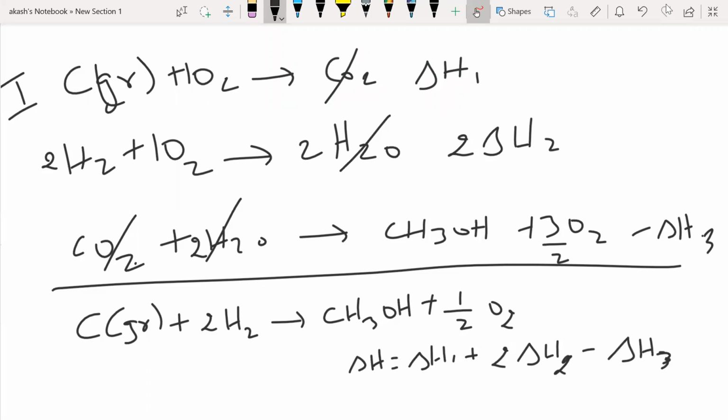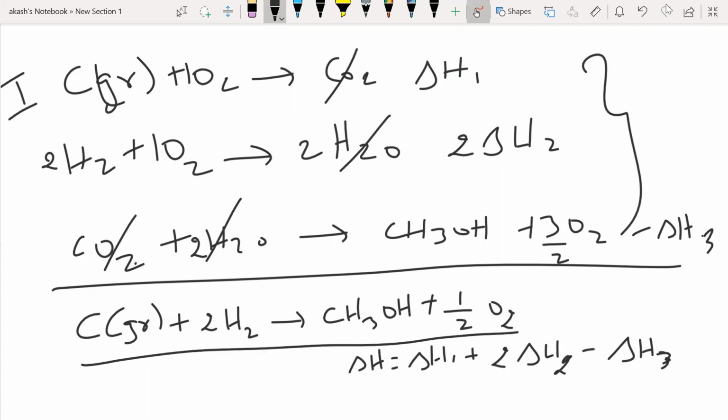Yes, I think everybody got what I'm saying. Whatever I told you the operations last time, I just wrote it here and I asked you to add all this. So adding it, you get this required equation. This is what is required equation. This is what we wanted, right? So what I did, I just added the enthalpy values also, and I found out the answer. That's it. Any answers?